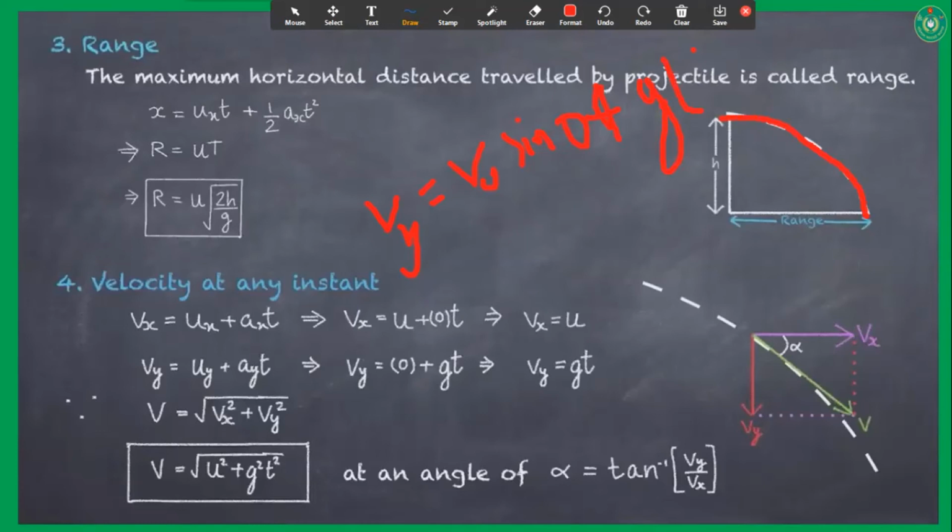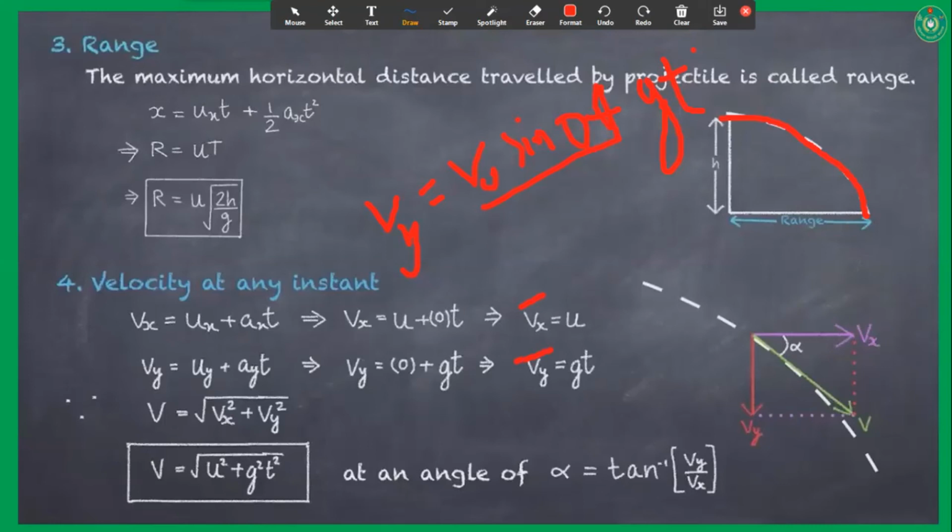Okay, so from this equation you are getting Vy is equal to gt. Simply Vy is equal to gt, and this is our Vx vector, and this is Vy vector. From this we are getting our resultant value V is equal to root over Vx square plus Vy square. After putting the value of Vx and Vy, we are getting V is equal to root over u square plus gt whole square, at an angle of alpha equal to tan inverse Vy divided by Vx, because